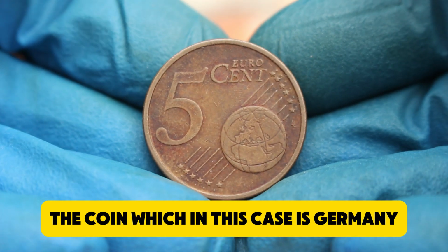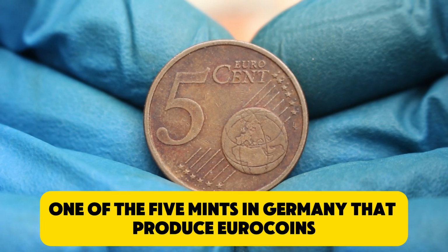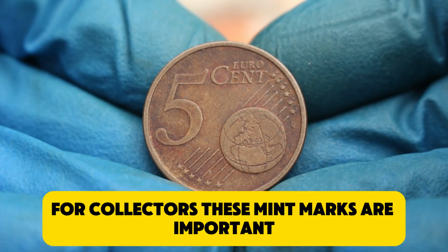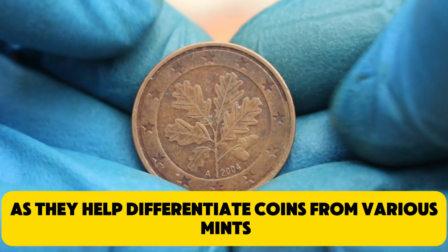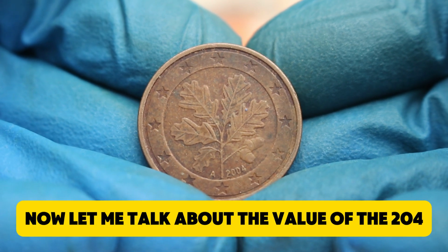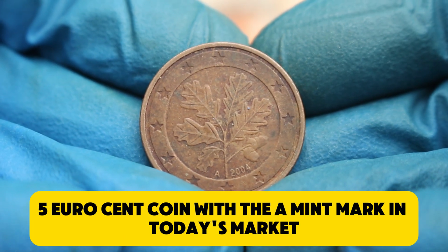the coin, which in this case is Germany. The A mint mark refers to the Berlin Mint, one of the 5 mints in Germany that produce euro coins. This mint mark is located just below the 5 on the reverse side of the coin. For collectors, these mint marks are important as they help differentiate coins from various mints and provide insight into where the coin was produced. Now, let me talk about the value of the 2004 5 euro cent coin with an A mint